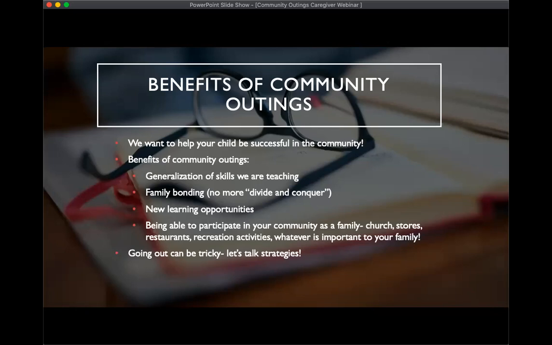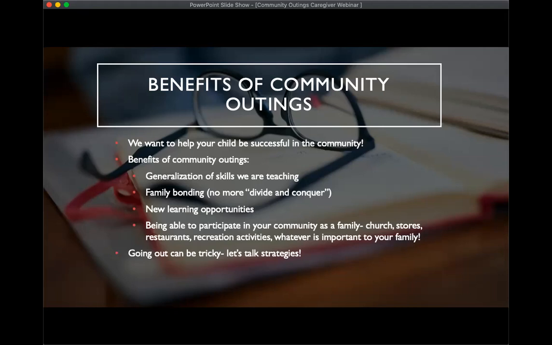It presents new learning opportunities to your child, and it gives them exposure that, had they been at home and not going to the store, they wouldn't have had. You're also able to participate in your community as a family: going to church, the store, the restaurant, recreational activities, whatever is important to you and your family.